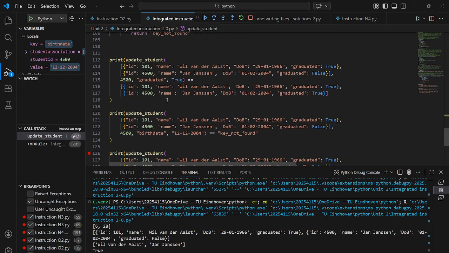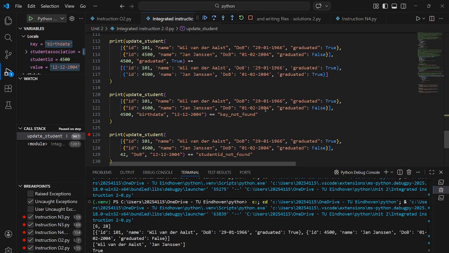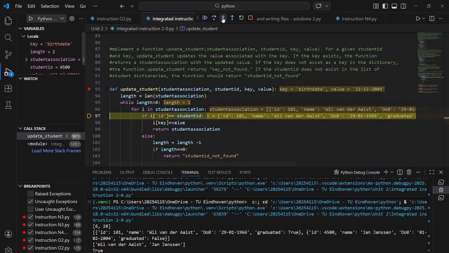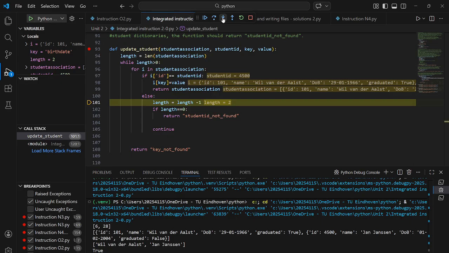What is our key? Let's check that first. Apparently it's called DOB instead of birth date. So because that doesn't exist, it should give us that. But hold on, because length is now